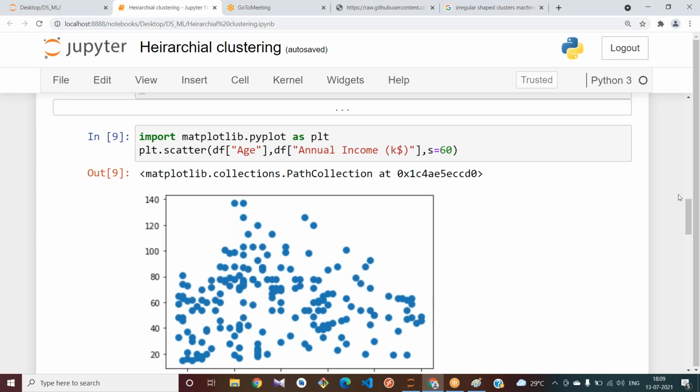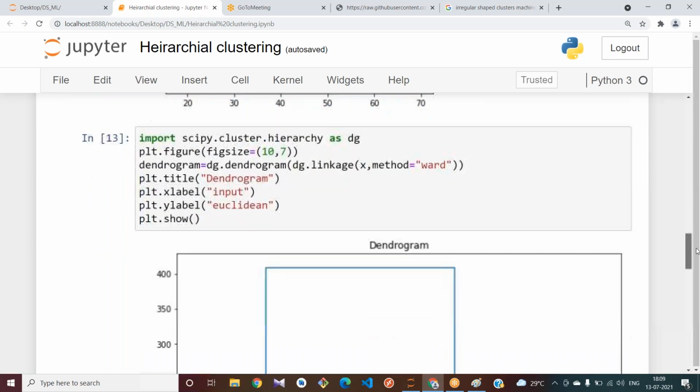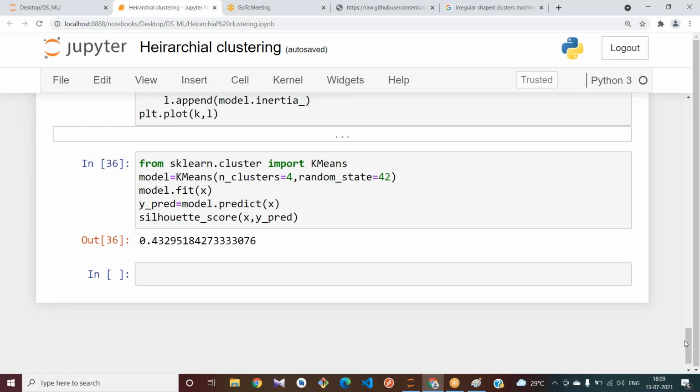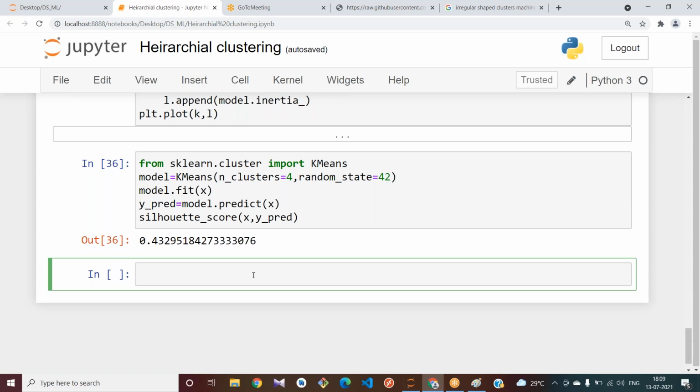Let us scale our data and apply again. Let's see if it increases or decreases. How do we scale our data? Using some normalizer, let us rescale our data.